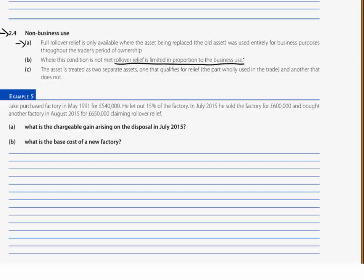of the new factory? So Jake, we're told, purchased a factory in May 91 for £540,000. Now here's the reason why it's not all used in the trade, and why normally it's property that of course we'd be dealing with. Because he let out 15% of the factory. So that therefore is effectively an investment use rather than a trading use, and that means that any part of the gain attributable to the non-business use component is not going to be eligible for rollover. In July 15 he sold the factory for